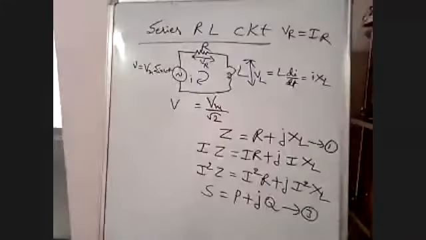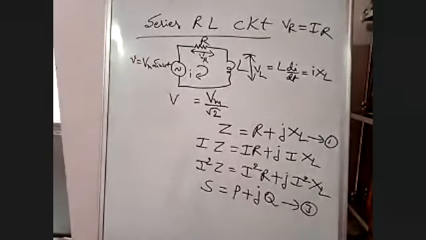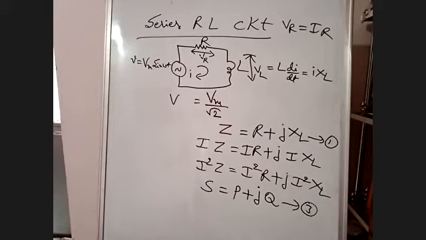Sir, why did you take the full wave rectifier RMS value? You can take half wave also, no, sir? Because here we are taking AC, and this AC has both a positive cycle and a negative cycle. When you take the full input voltage, we have to take the full wave value. Here we are not using any rectifier or diode. If you use a single diode, the output will be half wave. If you use 4 diodes or 2 diodes, we will get full wave. But here we are not using any rectifier, so we get the full voltage as output.